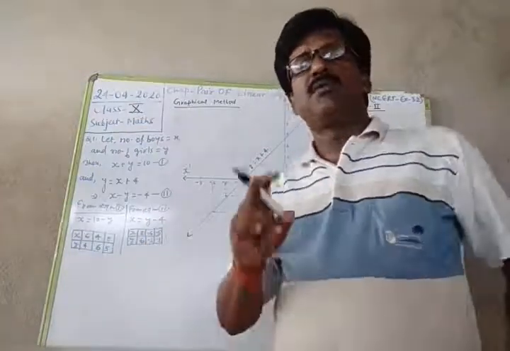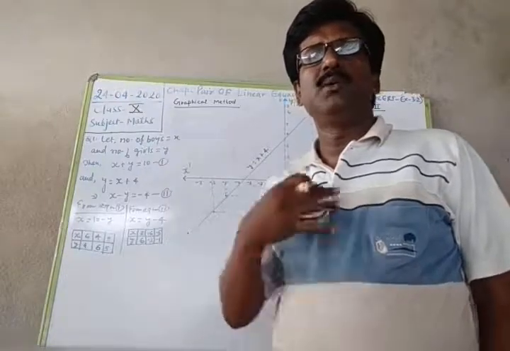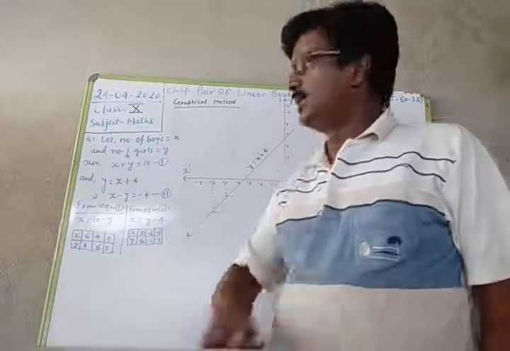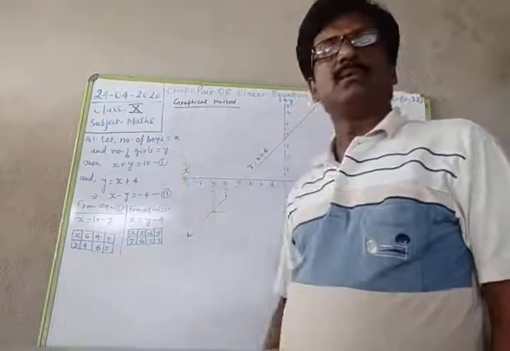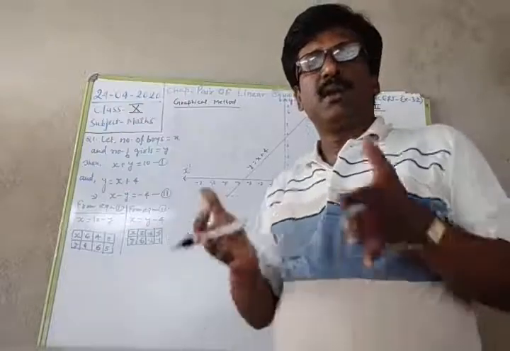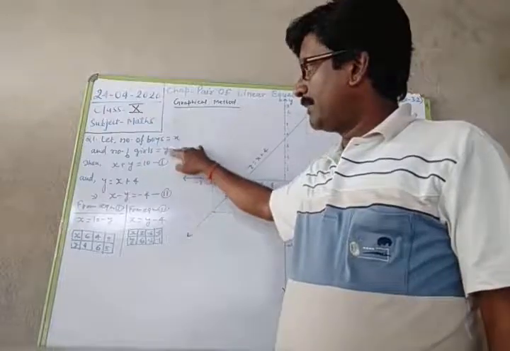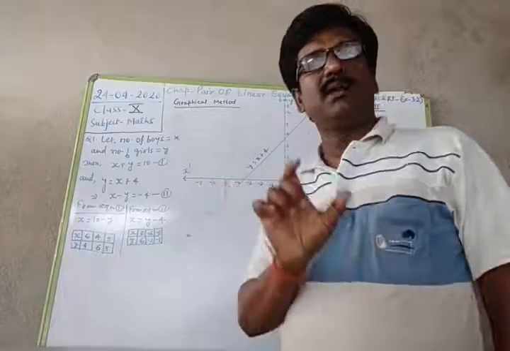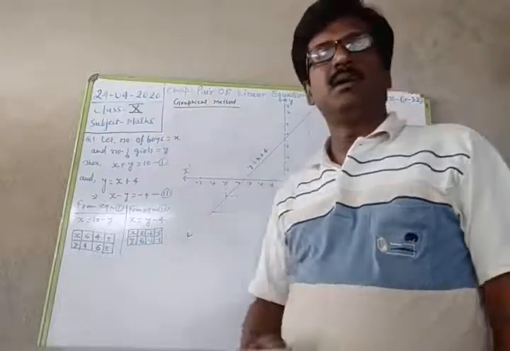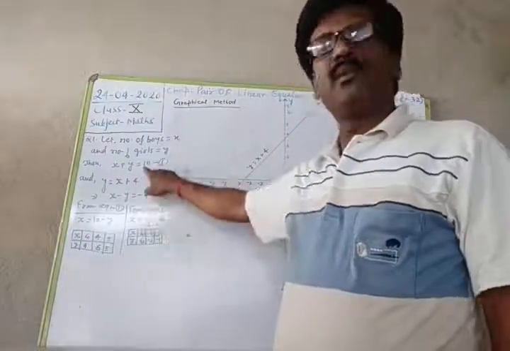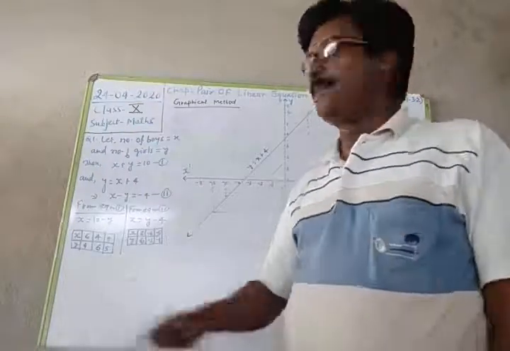in this question we have to find two things, the number of boys and the number of girls, and these two things we have to consider using two variables. For this, see, I have considered the number of boys as x and the number of girls as y, and the total number of students in the class is 10. Therefore, number of boys plus number of girls, since boys and girls both are students, will be the total students, and total students is given as 10. So x plus y is equal to 10.